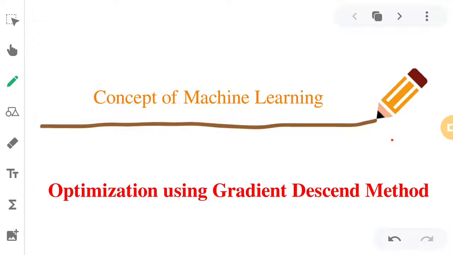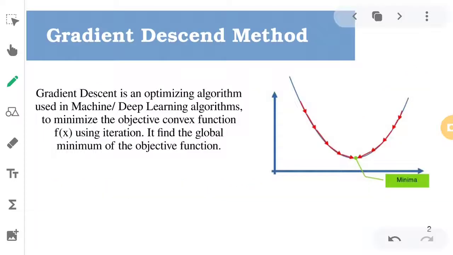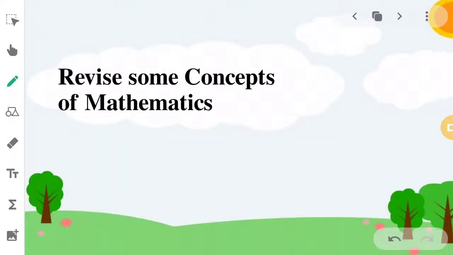In the previous video of the machine learning tutorial series, I discussed linear regression. In this video, I will discuss optimizing using the gradient descent method. So let's start. What is the gradient descent method? This is a machine learning optimizing algorithm for machine learning and deep learning programs. Before starting this, we have to revise some mathematics concepts, that is